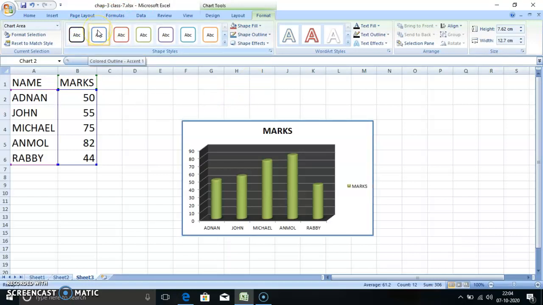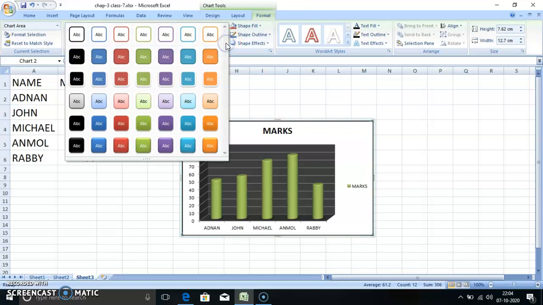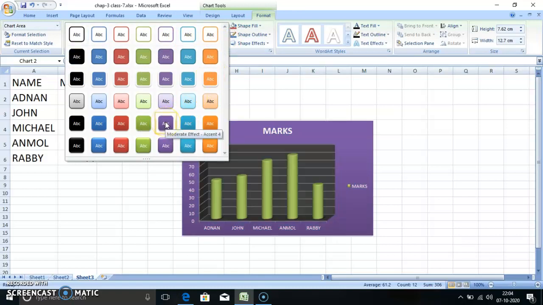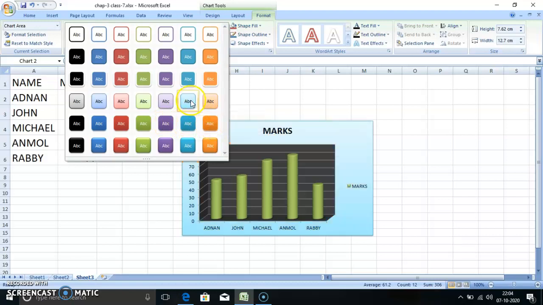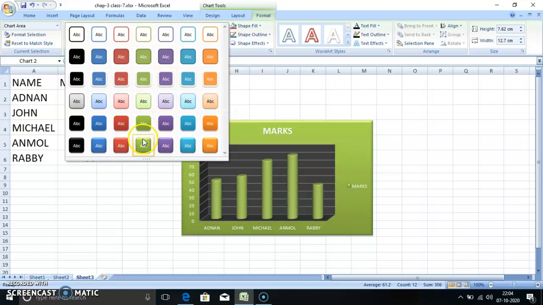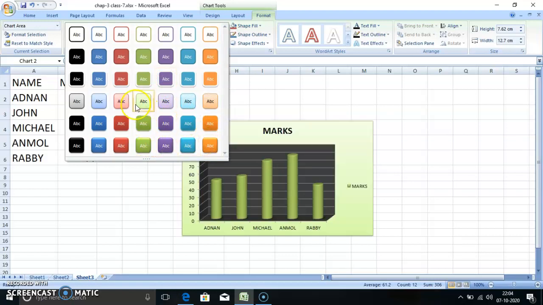Then this one, see, the outline is changing. See, blue, red, in this way. When you click here, you can see the background color is changing, like this. See, many colors are there, you can change in this way.